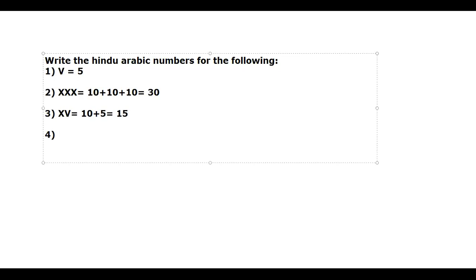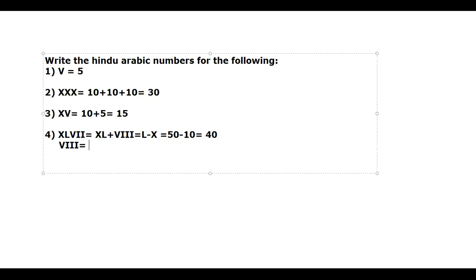I said that when the bigger number comes first and then the smaller number, we should go for addition. XLVII. How to write this? See, XL came: X is small, L is big. So that is the reason you are going to take XL as one number. And then next V is big, I are small. So how to write XL? L minus X. L means how much? 50 minus X means 10. So XL means 40.